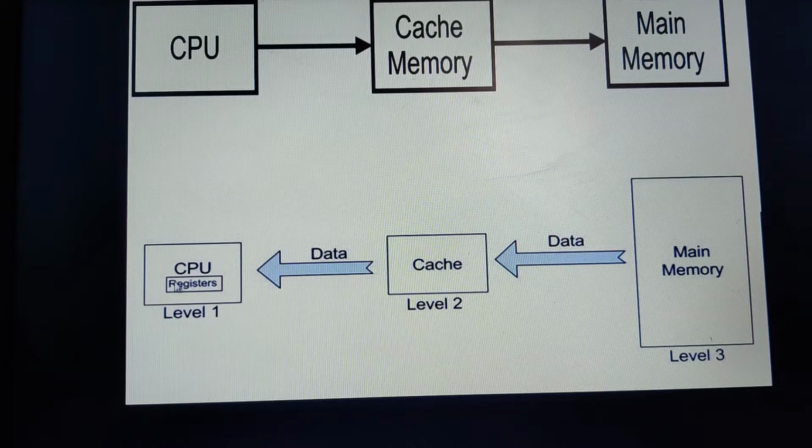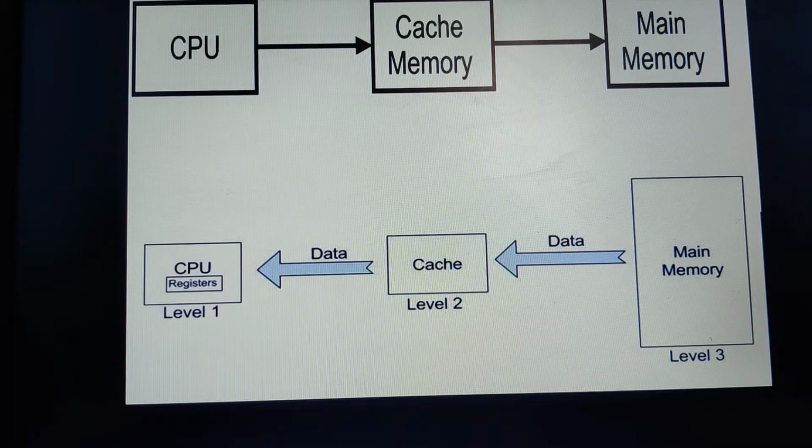They are located within the CPU itself. So whenever the CPU requires the data or the instructions from the cache memory or from the main memory, the data and the instructions that are provided from the main memory or the cache will be first received by the registers, okay, for the processing purpose.